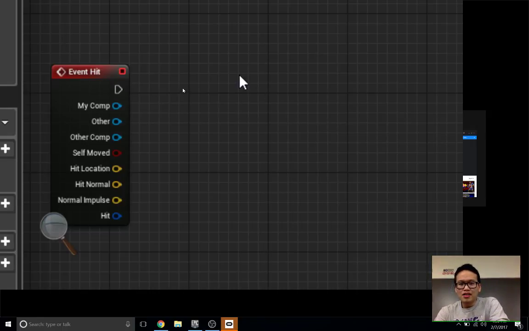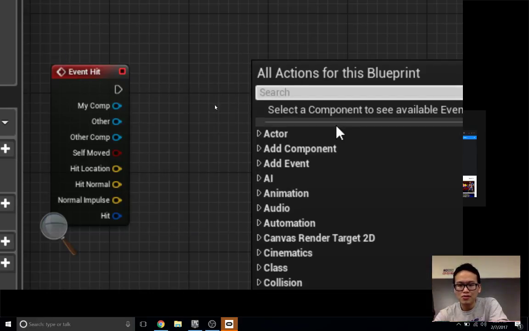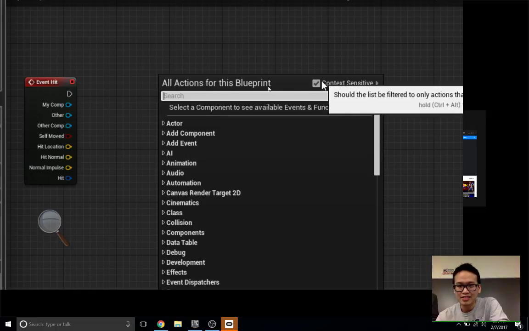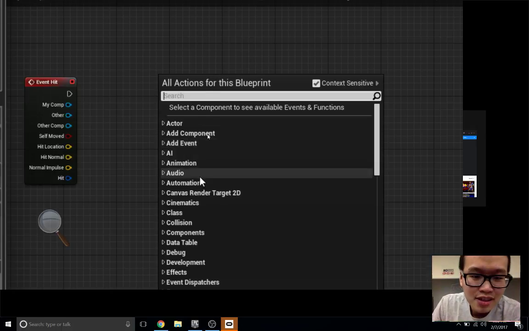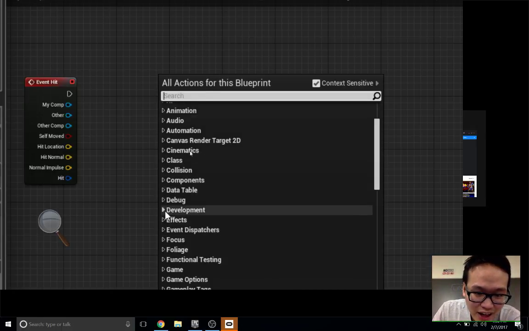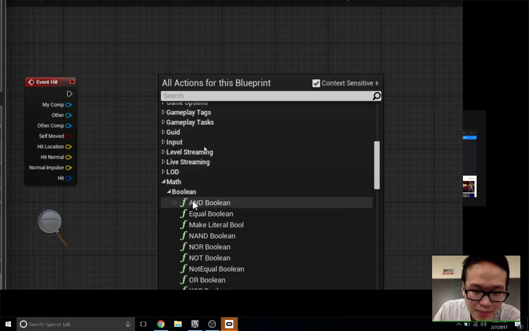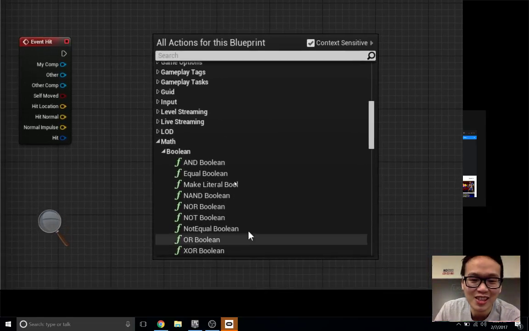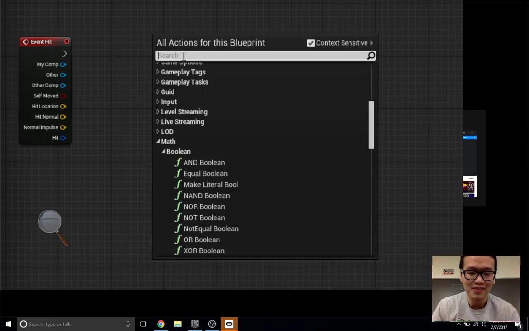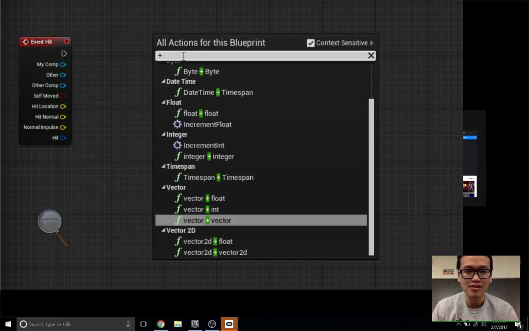It's context sensitive, so it intelligently picks methods, functions and data that you can get. Like for math, you can do boolean and stuff like that. If you want to do an add, you can type a plus, and it will show all the possible addition operations.